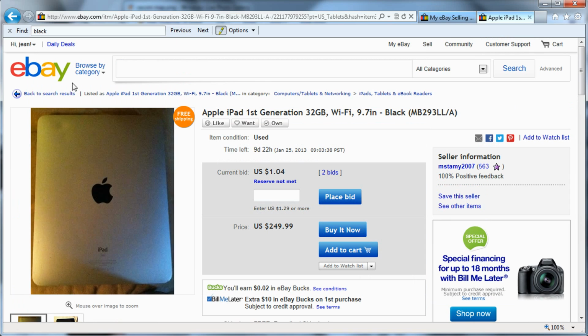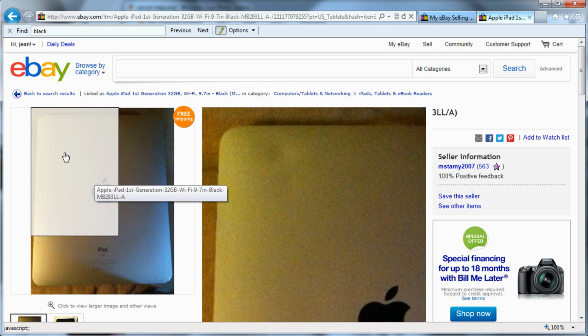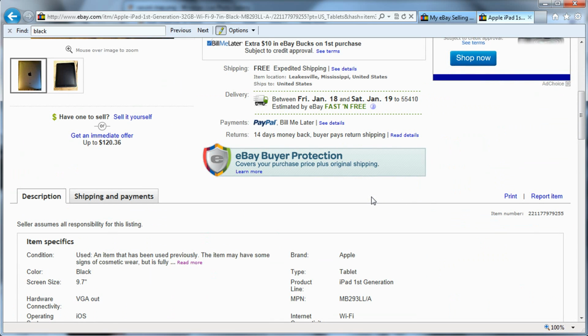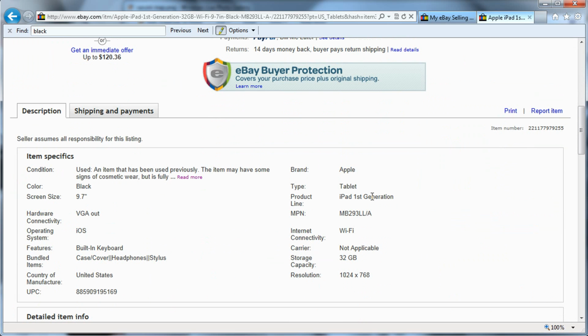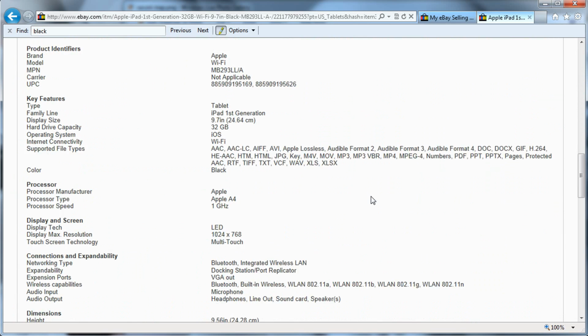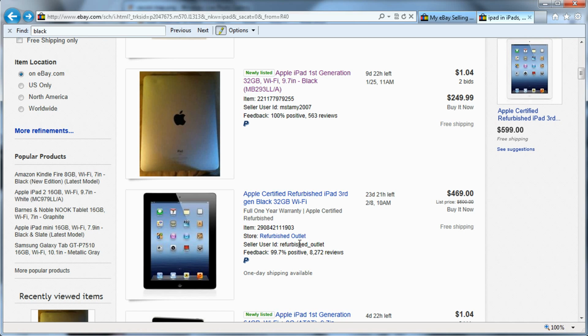The bottom line is that I clicked on this listing because I was looking for a used iPad, and it has a little thing here which was shown but not in detail. It made me click to actually look at this listing, which makes it more appealing to eBay because it got clicked. Therefore now it's going to be ranked a little bit higher in the search engine. And if I go back to it,